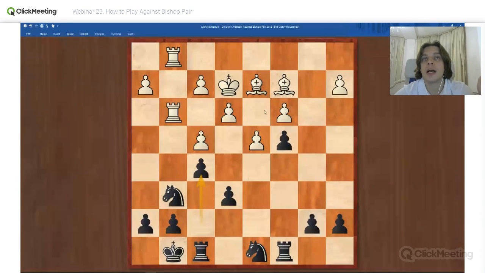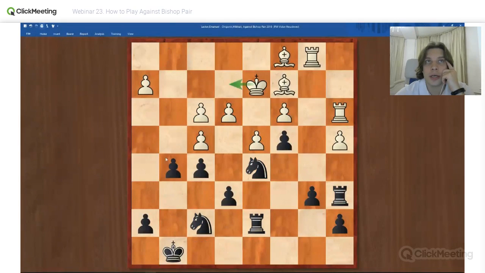Then white occupied the strong points with his knights and tried to activate the rooks. After that, black found a kind of counterplay, like g5. Of course, that was not the best move due to some mistakes in calculation, but at least that was a plan for black to play.